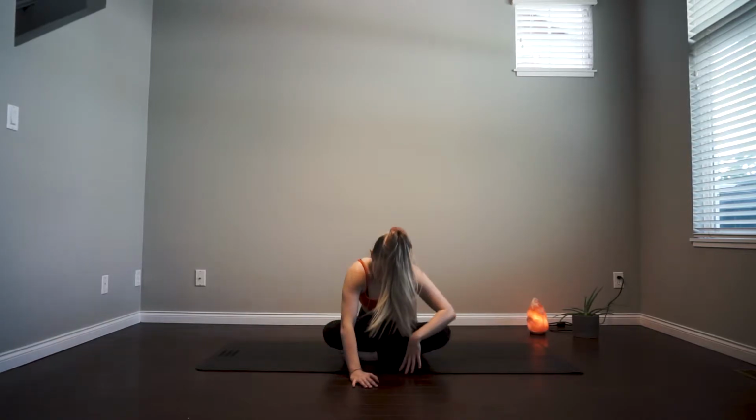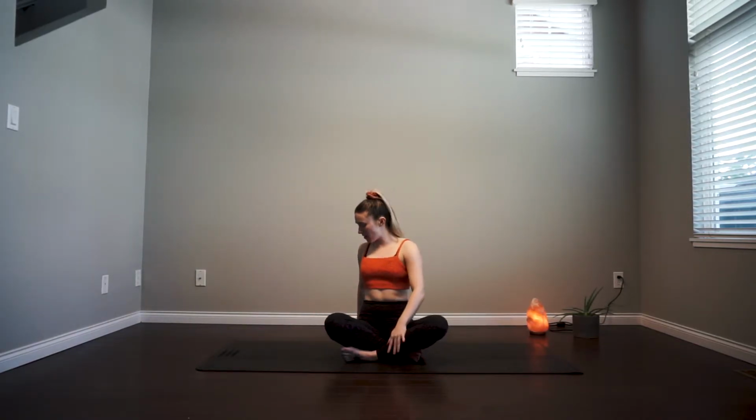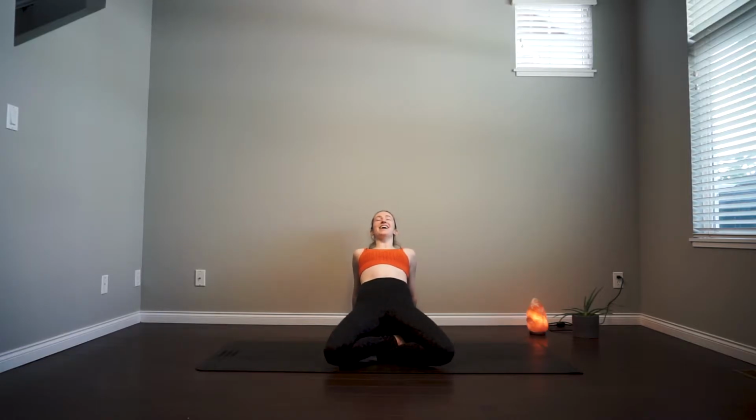And walk those hands in. Take your hands behind the hips. Spread the fingers nice and wide. Open your heart. Inhale. You can stay right here or lift those hips. Exhale. Yeah, lengthen the spine. Keep reaching up with the heart. Drawing the belly in